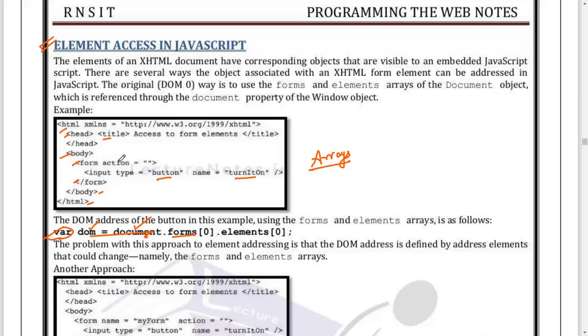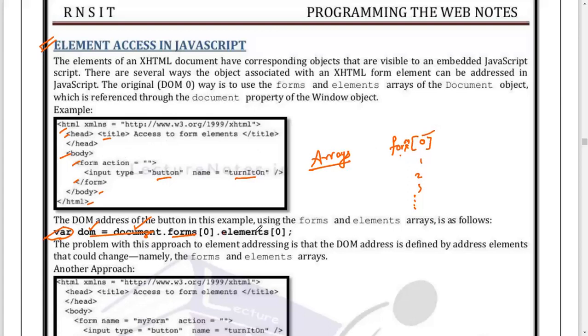The first form is nothing but, in the array, we'll have an array called forms. In that forms array we have indexes for each and every form. The first form you have will have the index form 0. Next we'll have form 1, form 2, form 3, and it will continue based on the number of forms you have added in the body tag. I have added only one form, which will be identified by index 0. So index 0 represents the first form.